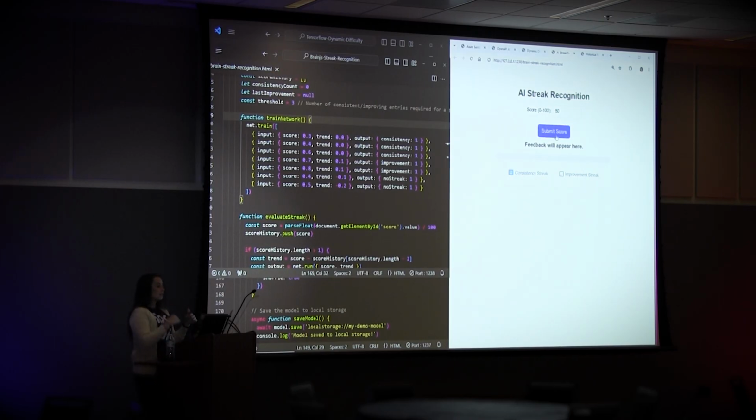But yeah, so I'm going to go ahead and just stay pretty consistent at first to see that consistency streak come up. I believe I set it to come up after approximately around 3 based on the training model that I gave it. Let's see, so I'm going to say 50, 51, saying you're on a consistency streak, 52, maybe next one. There we go. So after a 4th one, it finally said you're on a consistency streak.